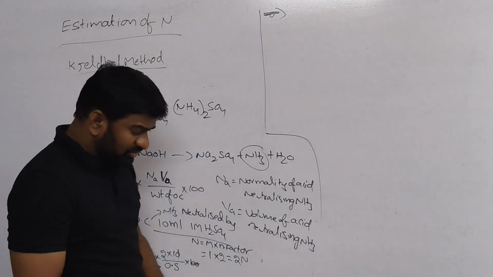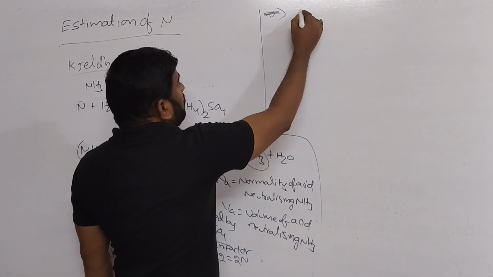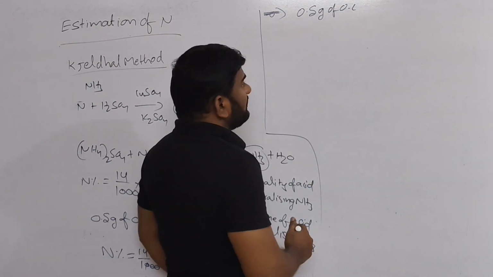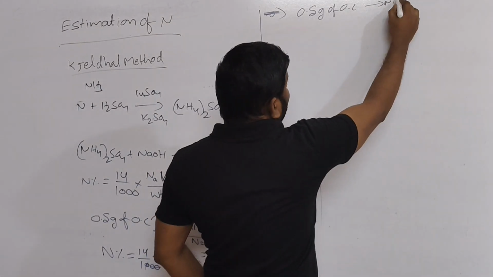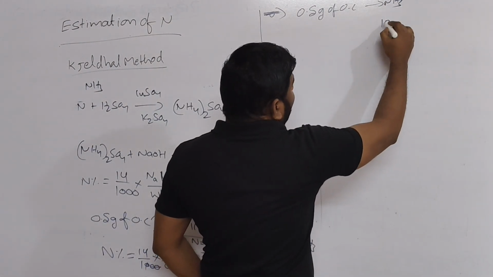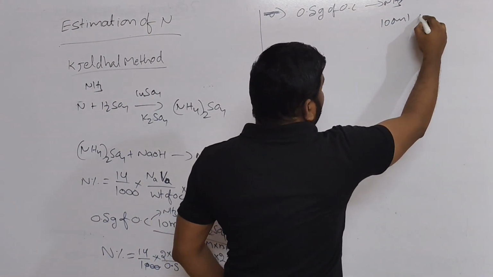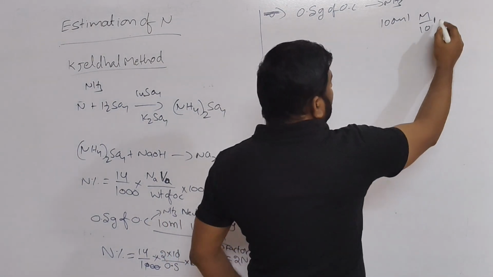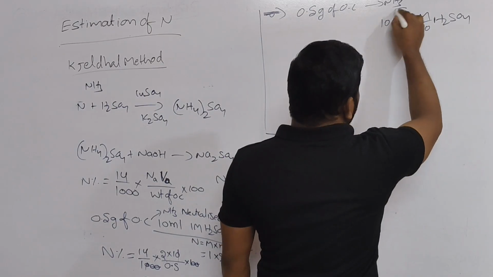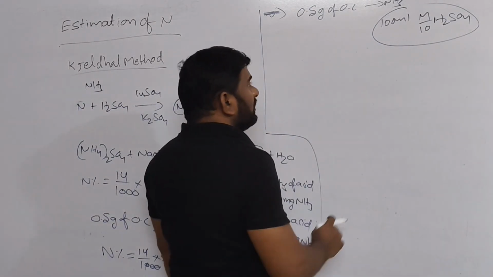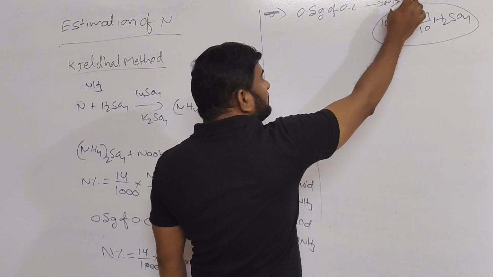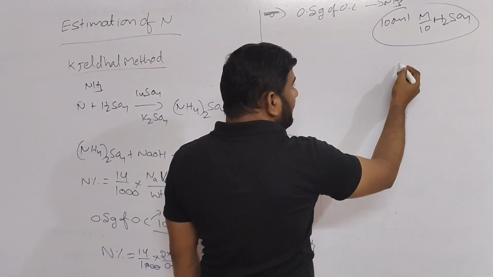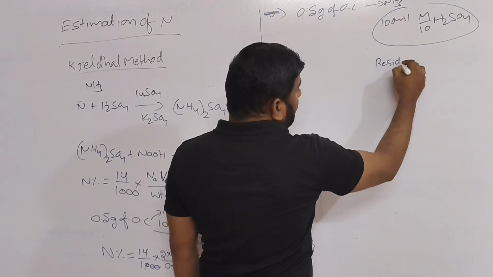Sometimes, if you see the next case, 0.5 grams of organic compound is subjected to the Kjeldahl method and it gave NH3. To this, 100 ml of M/10, that is 1/10 molar, H2SO4 is added. Some amount is neutralized by the NH3, and the remaining acid, the residual acid,